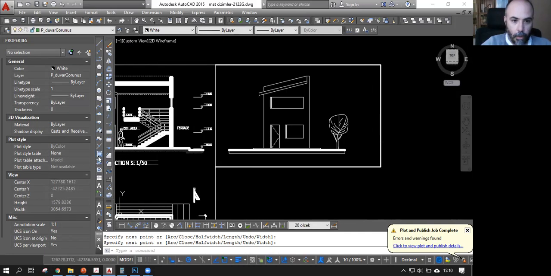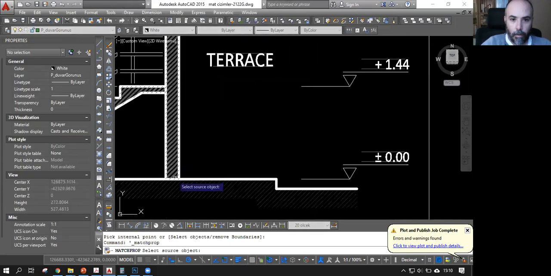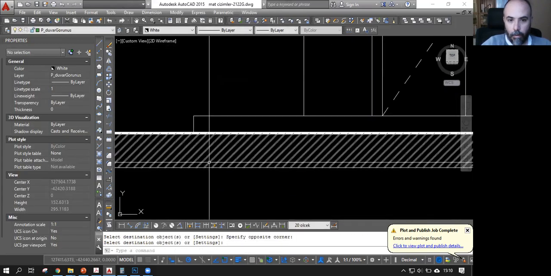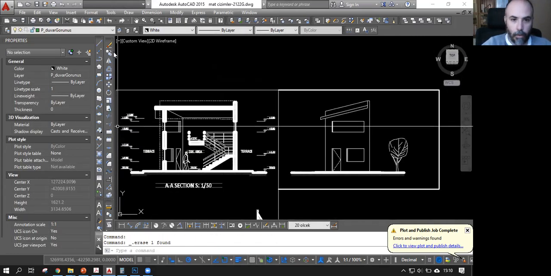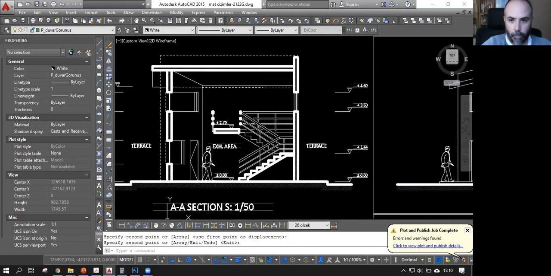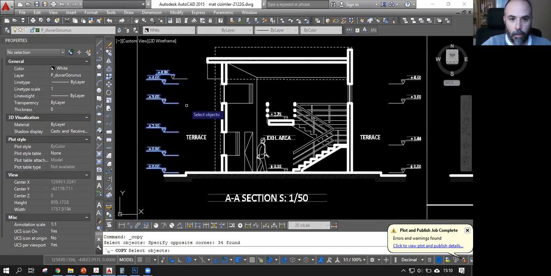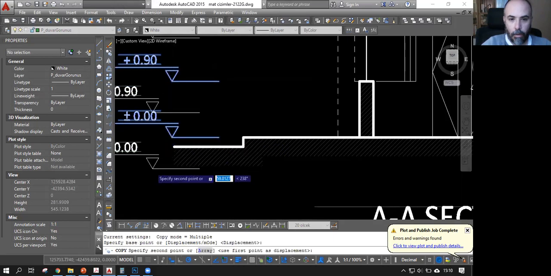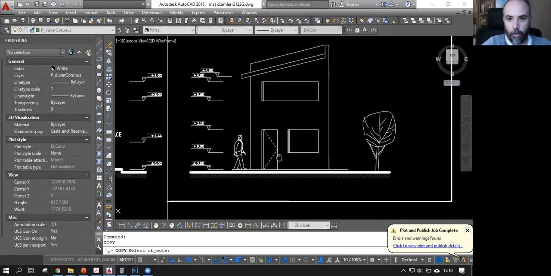And I can place a man on the elevation. Here. Now I can get rid of these lines. Yeah, I can place the man here, over here somewhere. And I need to do these levels. And I can use them, copy them from the